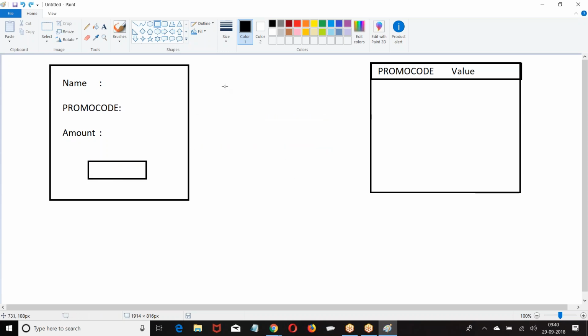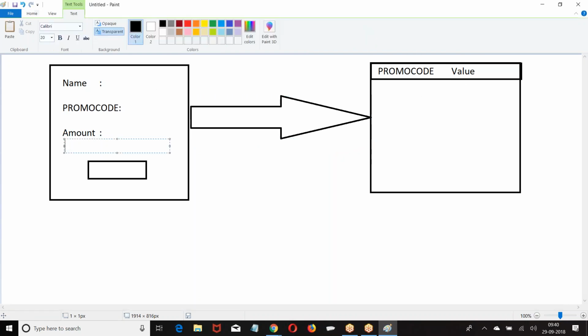You can go and search whether this promo code is valid or not. If it is valid, what is the discount they are giving? Then update the discount value to the record.